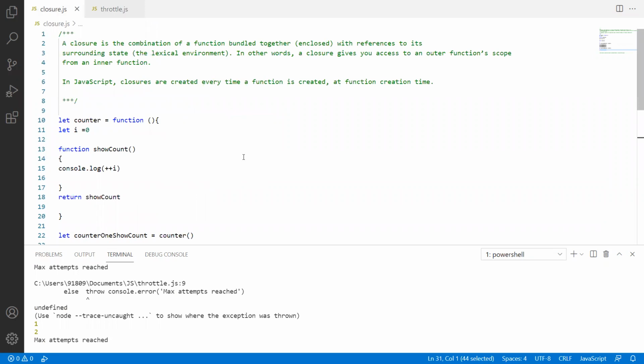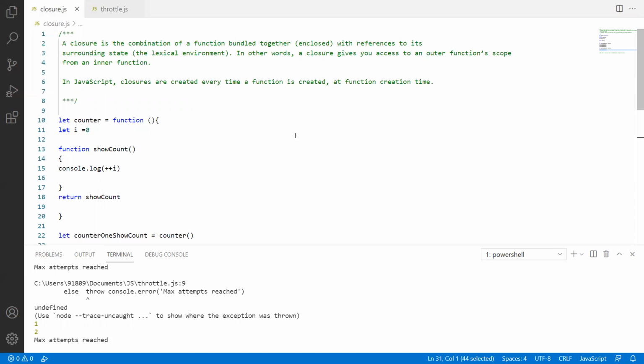So as a general recap, in order to understand closures, we need to understand 2 concepts. A function can have an inner function, and another one, a function can return another function as a variable. When you combine both of these, inner function and outer function, and between the outer function and inner function, if you have any variable, whenever you return the inner function, it will have a copy of the outer function variables with it, or let's say, a backpack, and it will have all the variables with it.